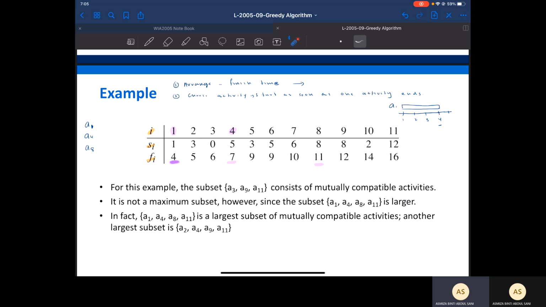Again, we're going to see 9. We cannot start at 9 because it starts at 8. Not 10 because it starts at 2. And perhaps the next best one is 11. So A11, and then it ends at time 16. Okay, so we have 1, 4, 8, and 11. So basically, these are the maximum. We can say that the maximum